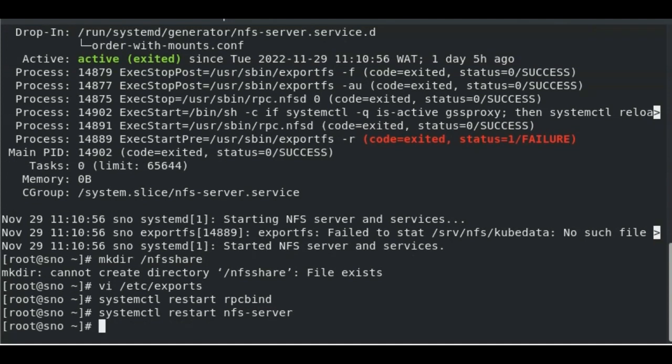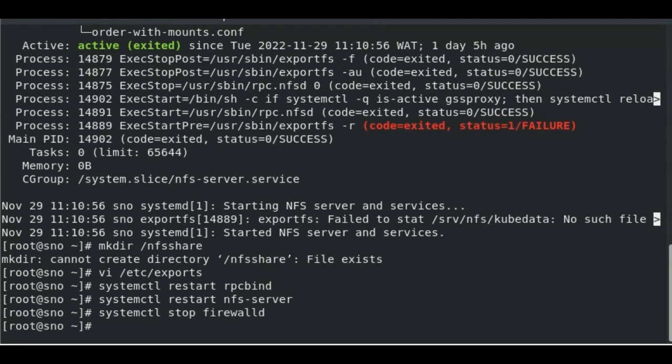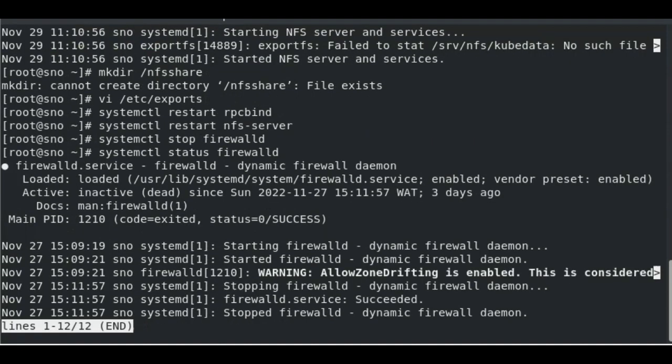So I can disable firewalld, so I can say stop firewalld. If I check the status of firewalld, you can see that firewalld is stopped. But if you don't want to stop your firewall, like I said, just add the NFS